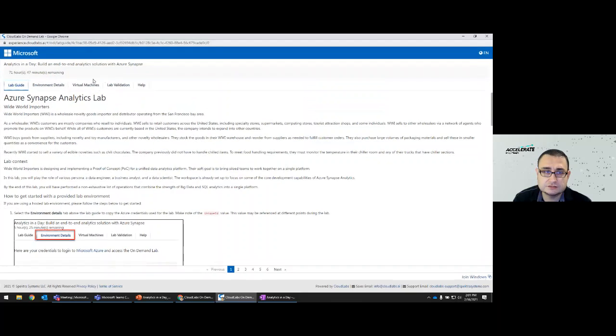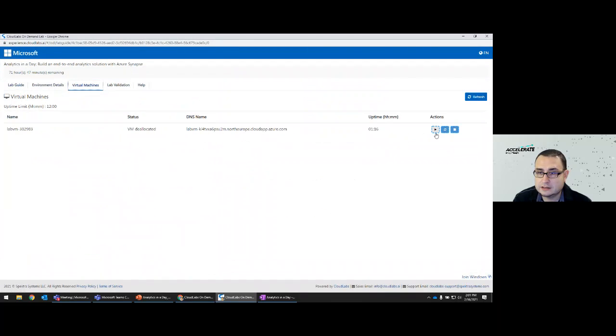a section here to turn on your virtual machine. You don't need this virtual machine unless you have some restrictions in the laptop or desktop that you're using to log into the Azure portal.